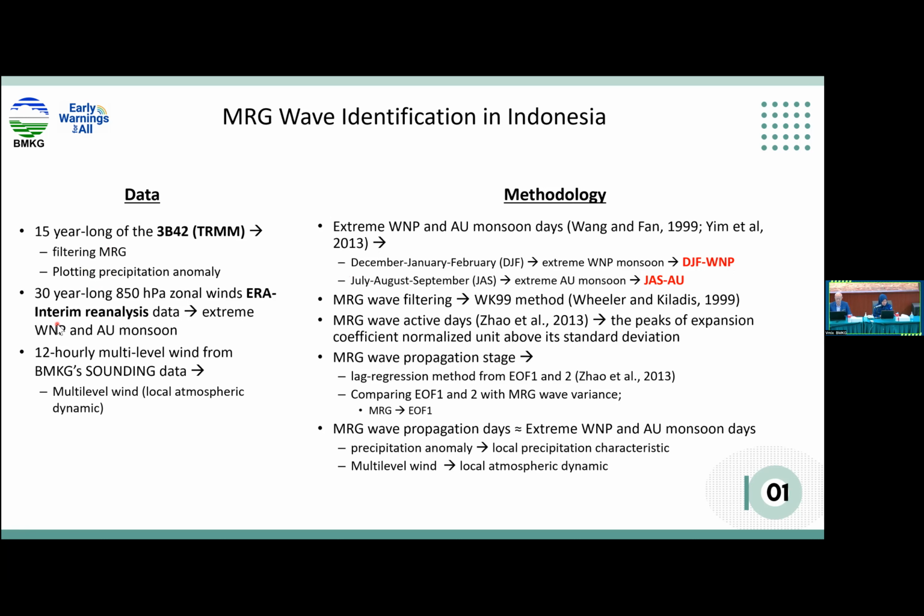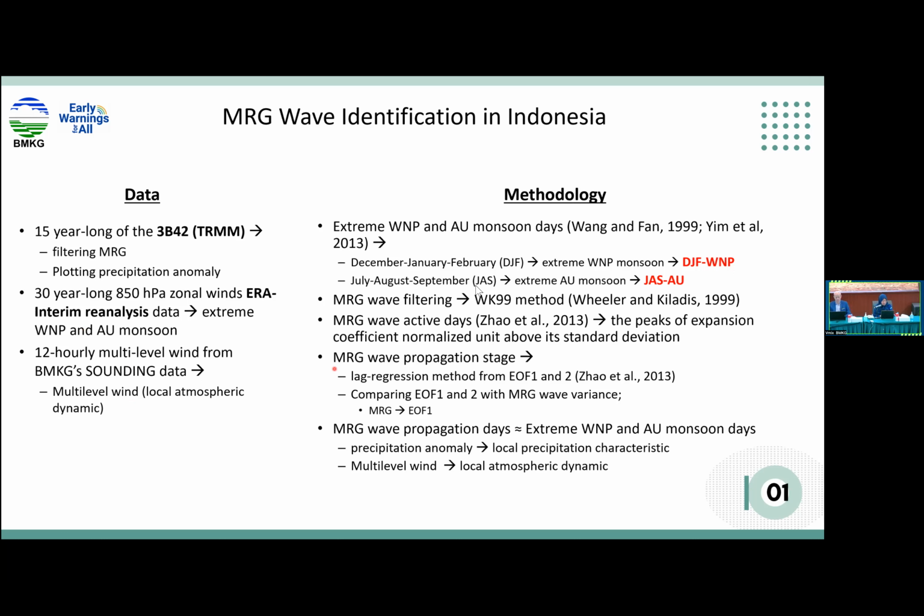We also used 30 years of 850 hectopascal zonal wind data from ERA-Interim reanalysis, because it's already a long time ago, so I still use ERA-Interim reanalysis for identifying the extreme West North Pacific and Australian monsoon. And we also used 12-hourly multi-level wind from BMKG sounding data